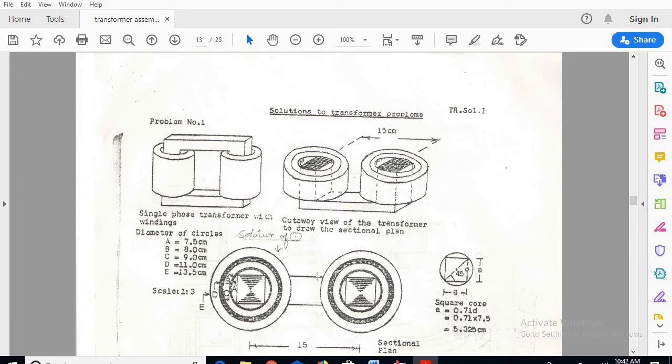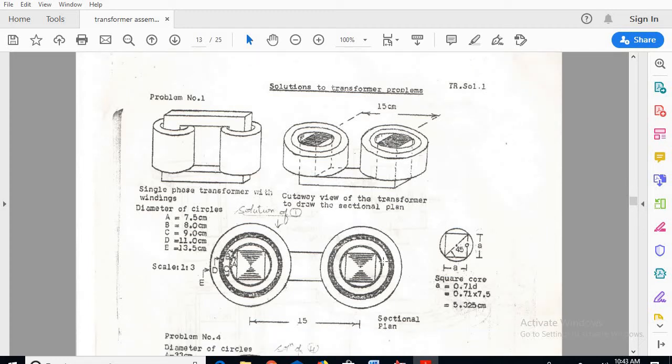Next, mirror this image towards your left hand side. Since it is the plan, mirror the image so that the left half section will be drawn. This is how we have to go for the diagram by using AutoCAD.